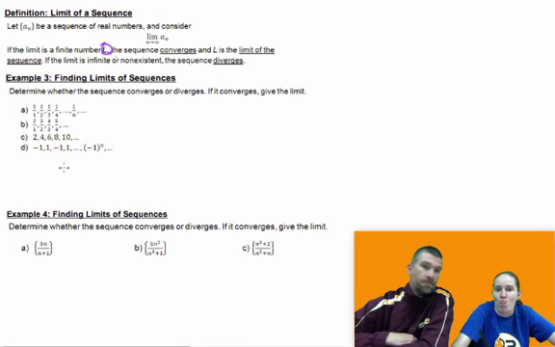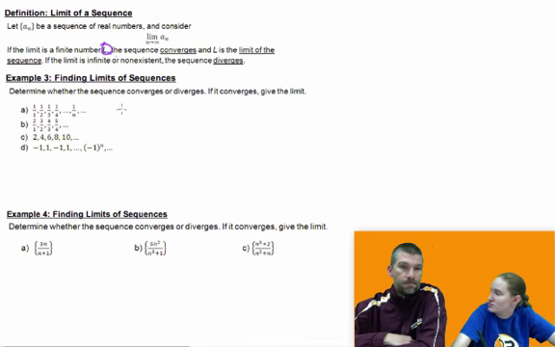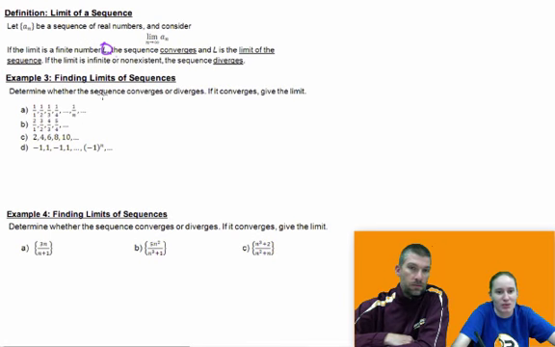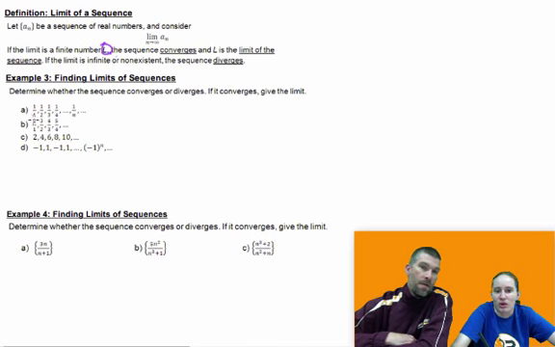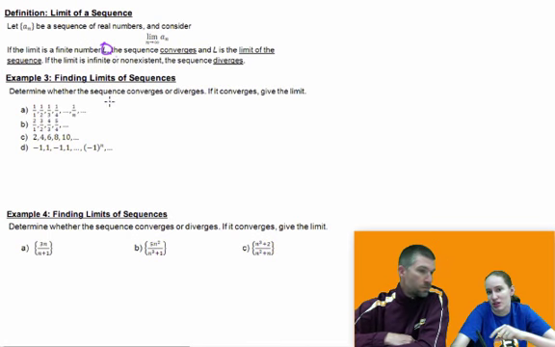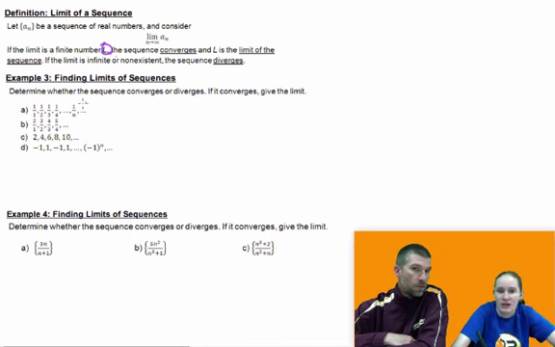A converges. How do I know? Well, let's look at it. I start with 1/1, which is just 1, 1/2, 1/3, 1/4, 1/5, 1/6, 1/7, 1/8. What's happening is I'm getting smaller and smaller numbers, because whenever I make the number on the bottom of a fraction bigger, it makes the actual number itself smaller. So what happens if I try to plug infinity in here, which you can't really do,